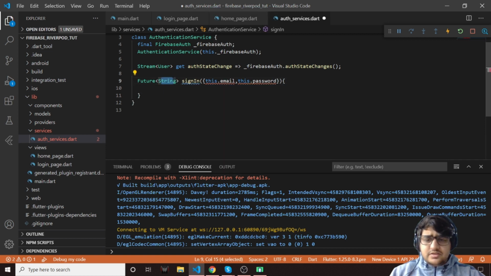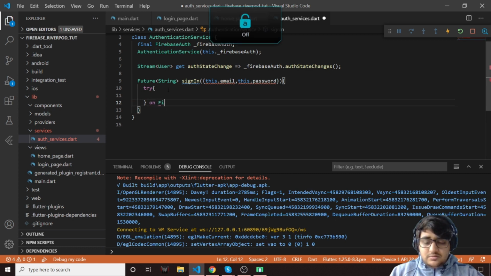We can return successful or not successful, that is also okay. We'll do all of this in a try catch block. It's very important to do it in a try catch block to catch the exception, a particular exception that comes with Firebase auth, and that exception is FirebaseAuthException, as you can see. So we will catch this,